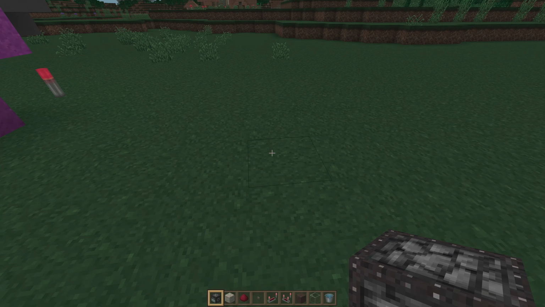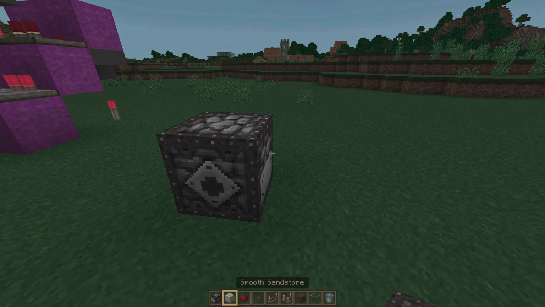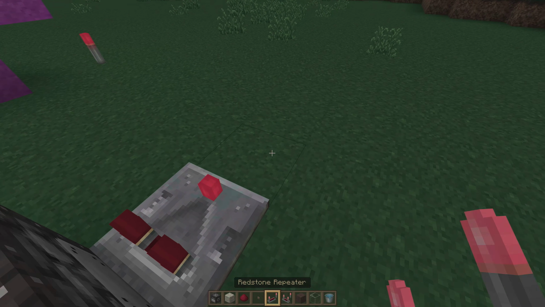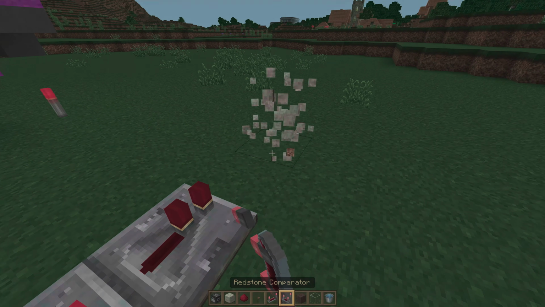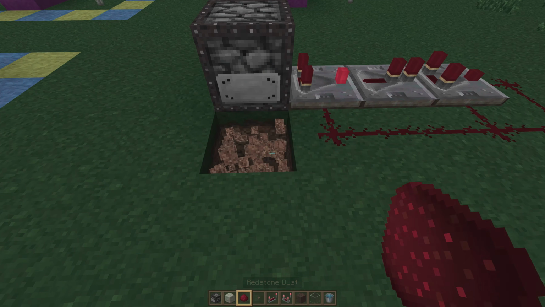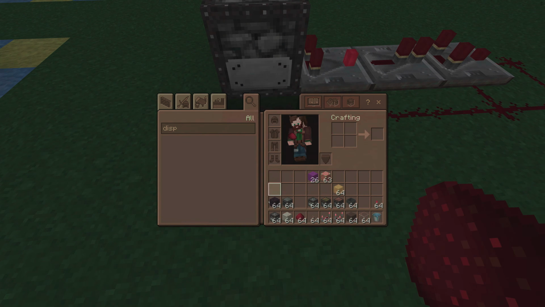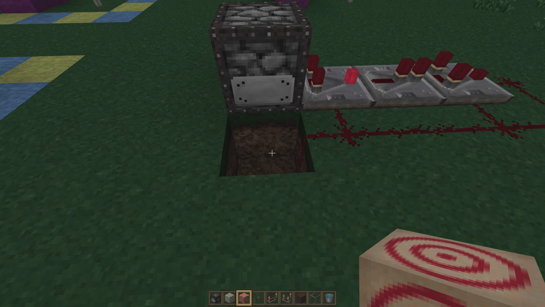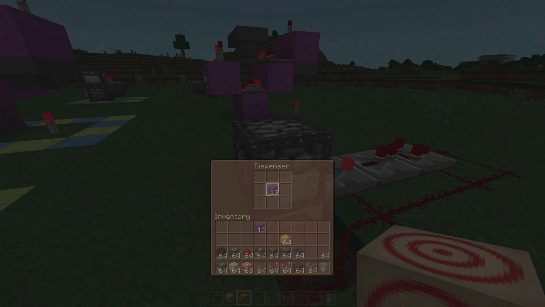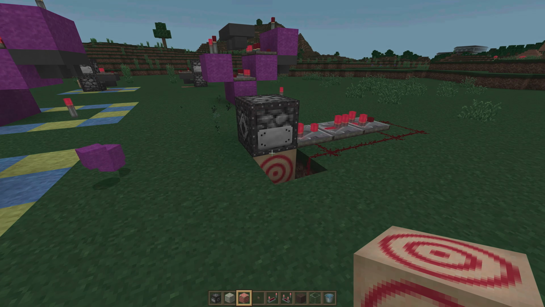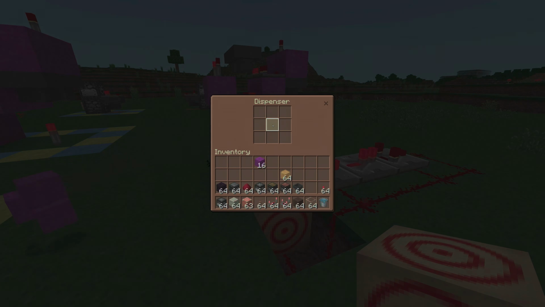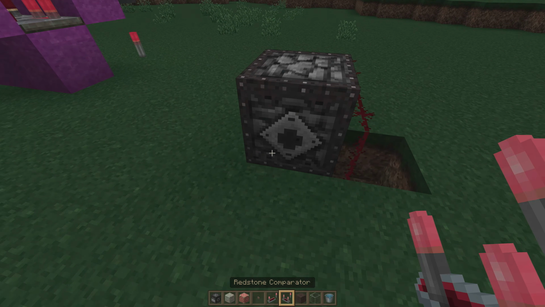The first circuit is really straightforward to build. You'll get a dispenser, face it out the direction, place a comparator directly behind it with the light turned on, a repeater, another comparator directly behind it, then you're going to get a line of redstone dust, follow it over to the side, put a redstone dust down here, and then directly underneath your dispenser, place a target block to redirect that signal. Then place in any amount of items that you want, and that will spit that out into whether that's a water stream or a soul sand bubble elevator.